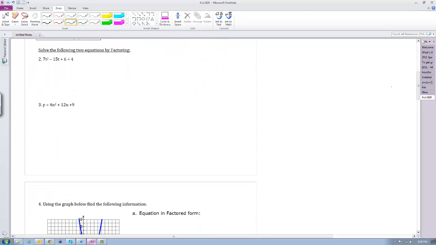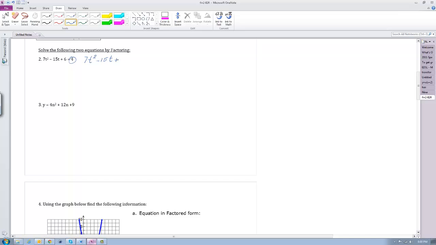Let's tackle the second one. We need to solve this quadratic equation by factoring. Okay, we have to solve the equation. We need to make it equal to 0. We have a 4 on this side, so we need to move it to the other side, and that means that we need to rewrite our equation as 7t squared minus 15t